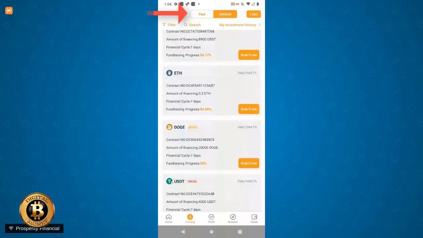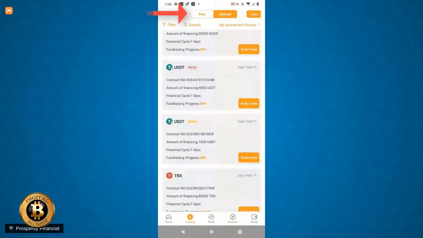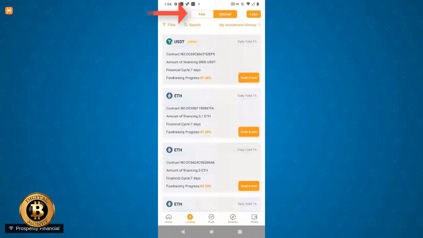Now, who are our borrowers? These are people that trade. They know how to trade. So they know how to take an asset, flip it, and, you know, make the percentage. How do I know that? Well, if you look here on the home page,